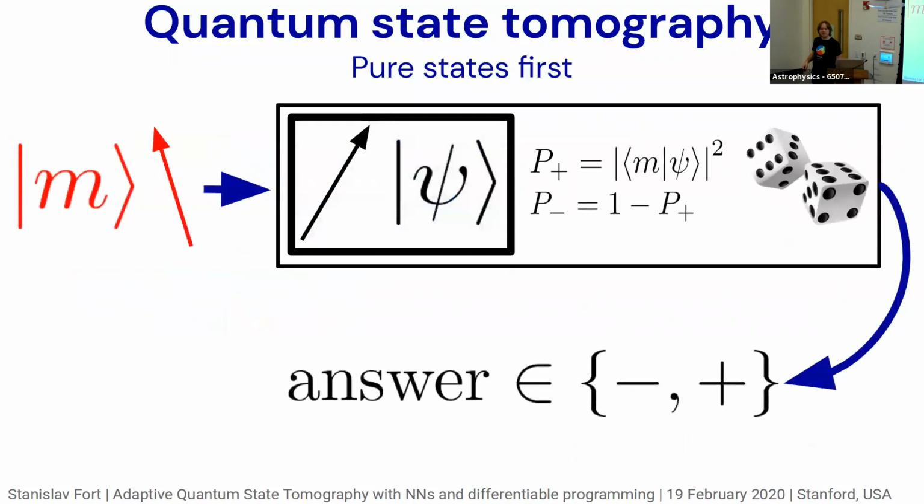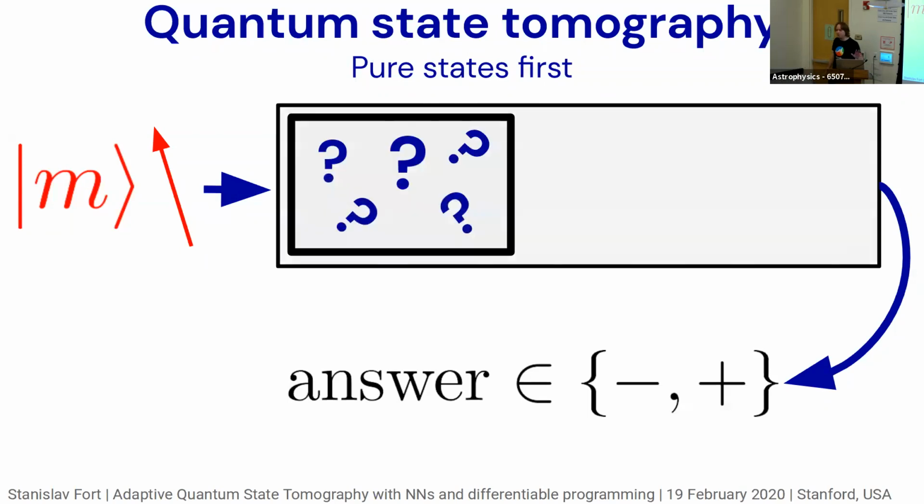And what we do now is we don't see inside the box, but just for clarity, I'll show it here. We provide a measuring vector m, and that vector goes into the black box, projects itself with the psi, you get the probabilities, you roll the dice, and out of the box comes plus and minus. Okay, so stochastic outcome. So you provide a measurement, something is happening in the box, and you get an answer plus or minus, this binary answer, and you don't know what's in the box. Okay, so you know how it works. You know if the system had psi inside, those would be the probabilities. But from a single measurement, you cannot really infer that.